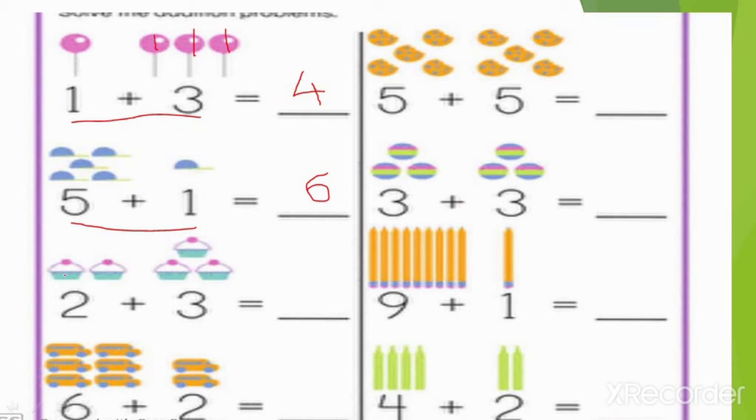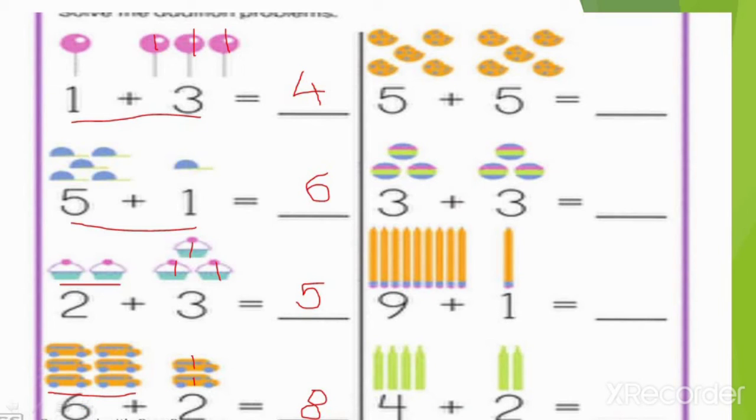2 plus 3. So first of all count these 2 objects, 1 and 2. We are going to add 3 more to it. 3, 4 and 5. So 2 plus 3 we get 5. Okay. Next is 6 plus 2. So what should we do? As this is 6 plus 2 and these objects are, look, 1, 2, 3, 4, 5 and 6. Okay. So keep in your mind 6 and start counting after 6, 7 and 8. So by adding 2 to number 6, we get number 8.